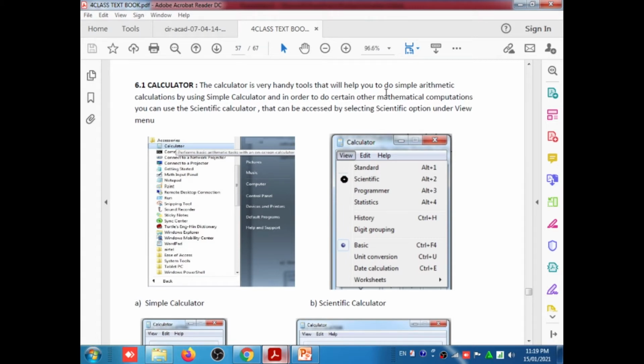There are four arithmetic operations, which in mathematics or in computers we call plus, minus, into, slash, also known as addition, subtraction, multiplication and division. By using the simple calculator, and for certain other mathematical computations, you can use the scientific calculator, which can be accessed by selecting the scientific option under the View menu.